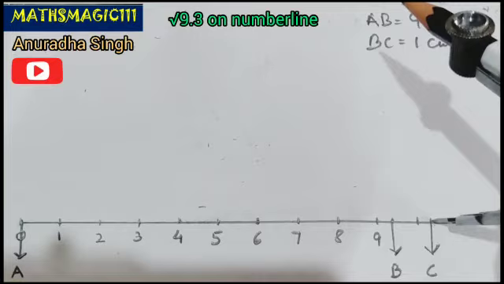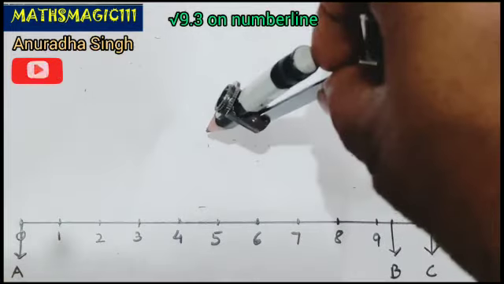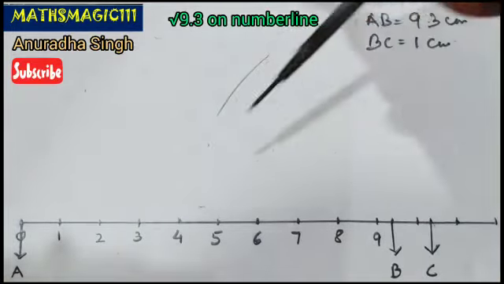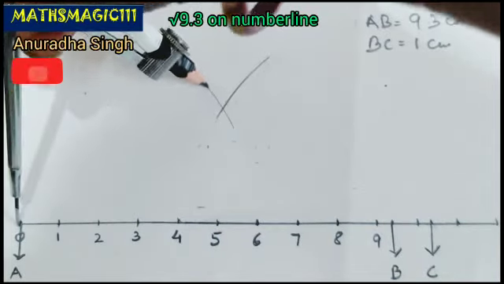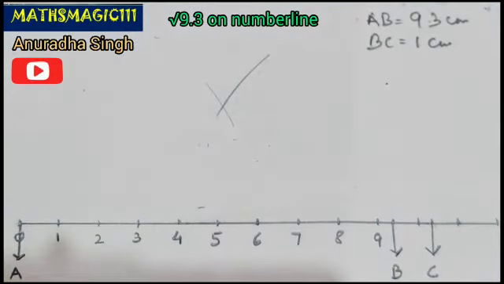Now in next step what you have to do, you have to make an arc. You have to make an arc from C and that should be more than half of AC. ठीक है, याद रखना more than half of AC. You have to make an arc from A also and that should be more than half, same distance. तो आपने C से और A से एक arc draw किया and then you have to make a perpendicular bisector. So this is actually perpendicular bisector of AC.